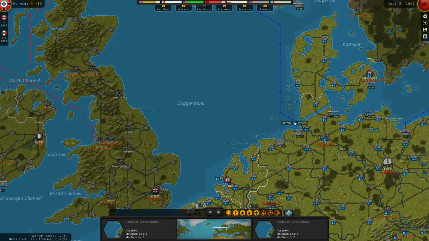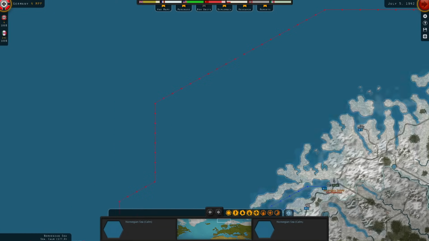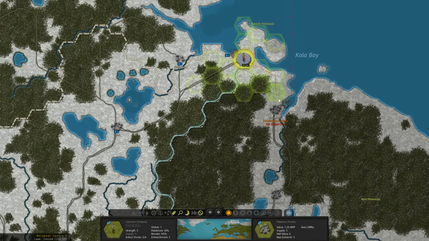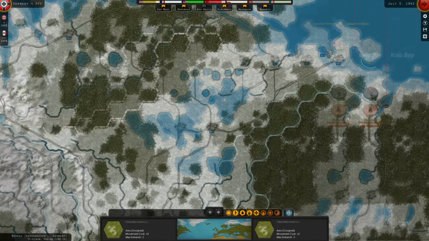We got some new subs here in Germany. We don't have any money left. I don't think I have anyone left on the USSR convoy route. Really should. And then ideally we would take Murmansk, but they've got a garrison unit there. Honestly, maybe we should...